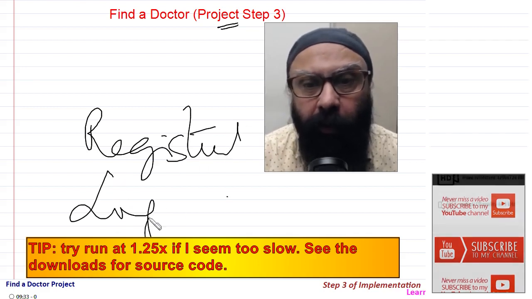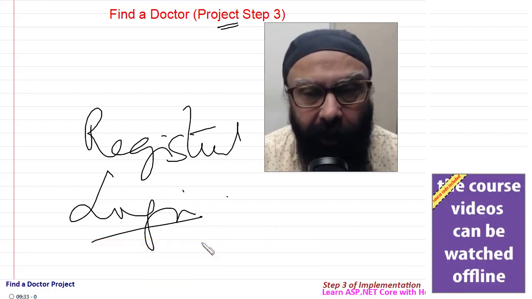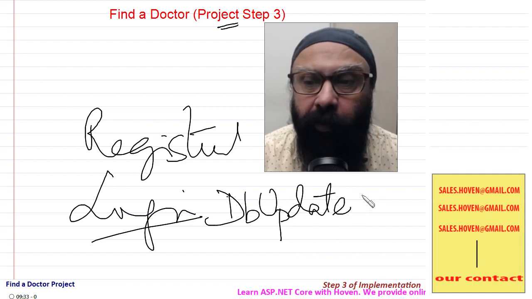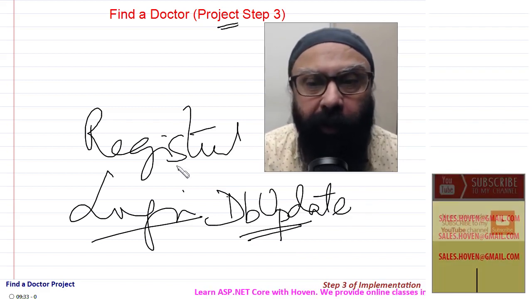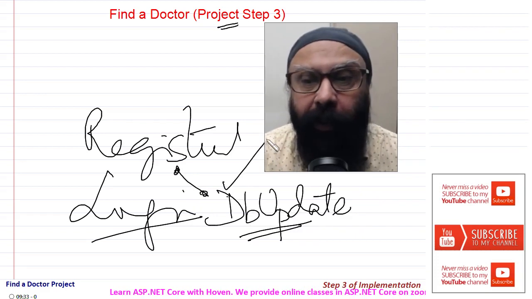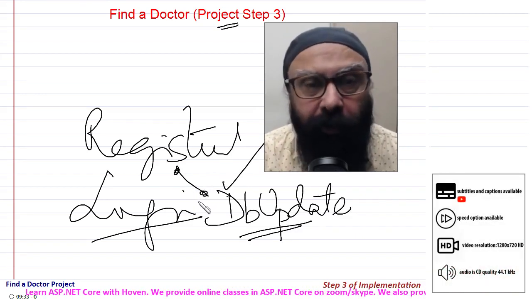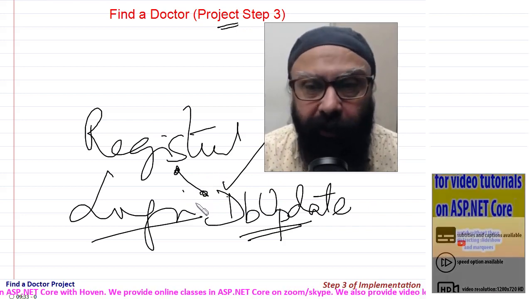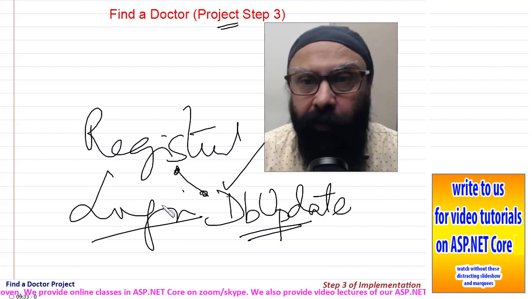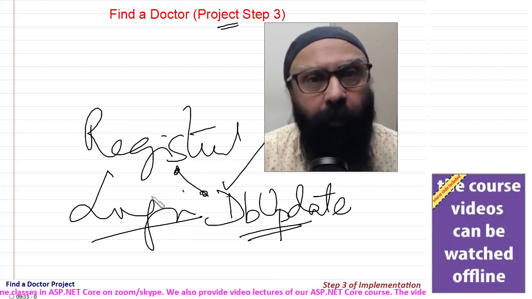Even the login module will be successfully added and working, and the DB update exception will also be handled, so that in case an already existing user registers again, a DB update exception takes place. And we inform the user that a user is already registered with this, you must log in. So various scenarios are captured in this module, and we have also added a few models.